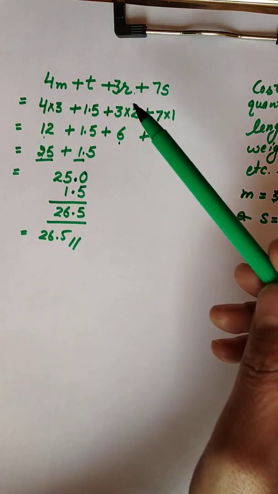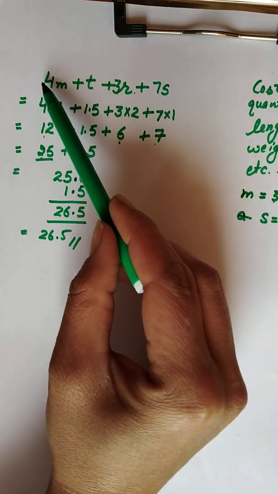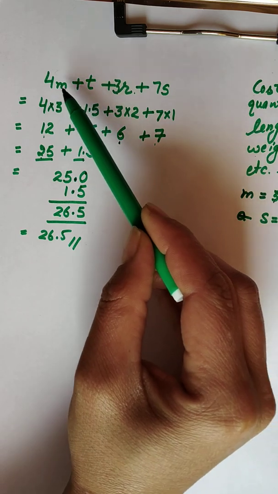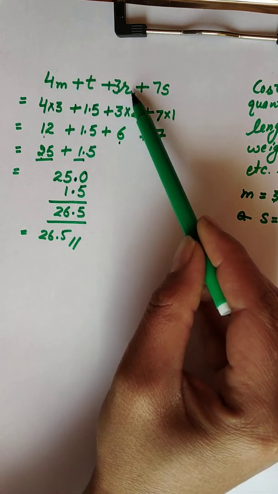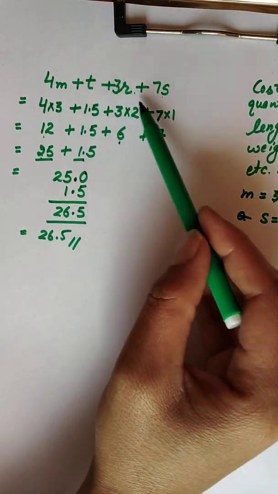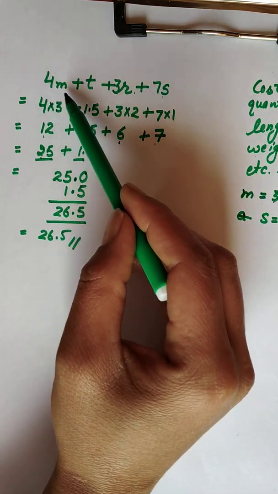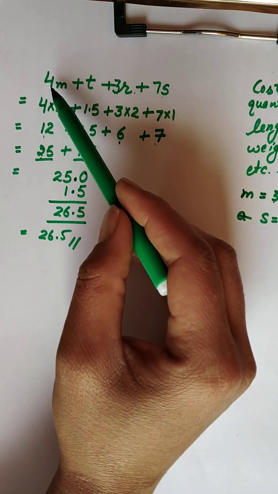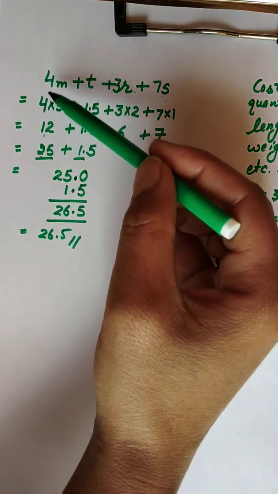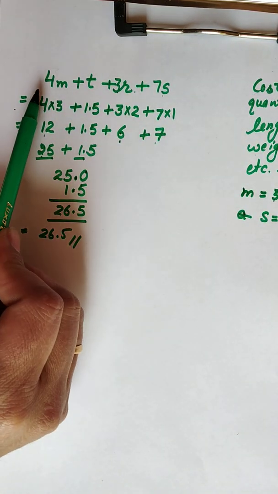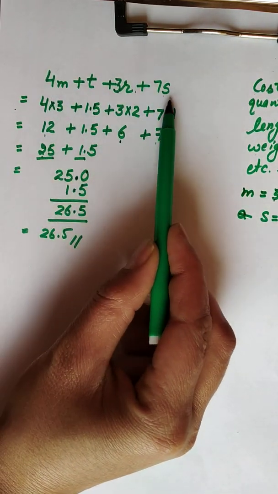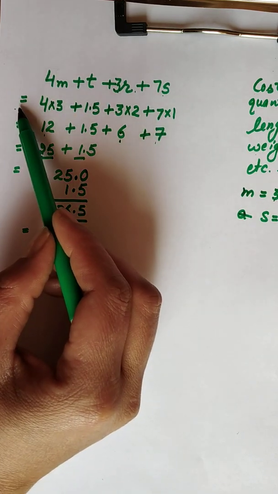So this question was of substitution, means you have an algebraic expression. We cannot find out its real value unless we have the value of each of the variables. That variable can be cost, quantity, length, weight, whatever. Okay, once you have been given the values, you can evaluate the expression. Okay, and for evaluating the expression, you will present it exactly like this, means downwards. You'll write equal to here. Don't calculate 4M, then T, then 3R separately. We'll calculate all of them together. Okay, we'll put an equal to sign here.